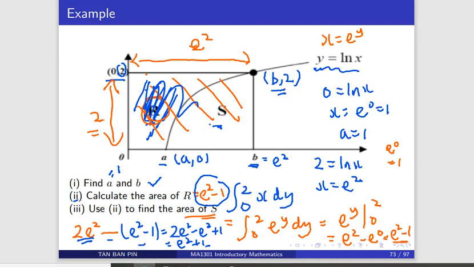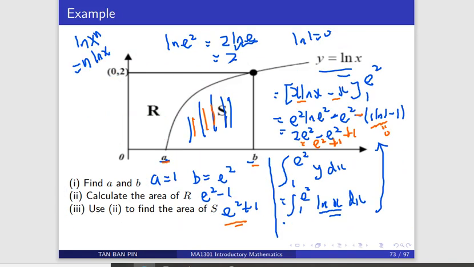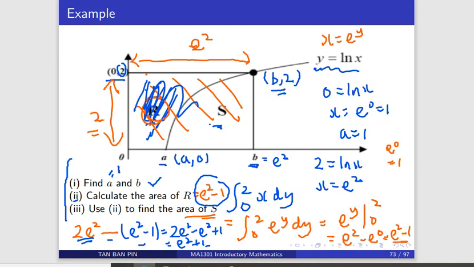But you'll find that you can avoid integration by parts if you do it by the method suggested in the question. So sometimes if a question is difficult to integrate about the x-axis, and you get some integration which is difficult to find, then you might want to switch to integration dy. Integration dy might be easier, and you can avoid complicated integration by parts, and you still can get the same answer. But you might need to consider the area of a rectangle minus the area of one region to get the other.